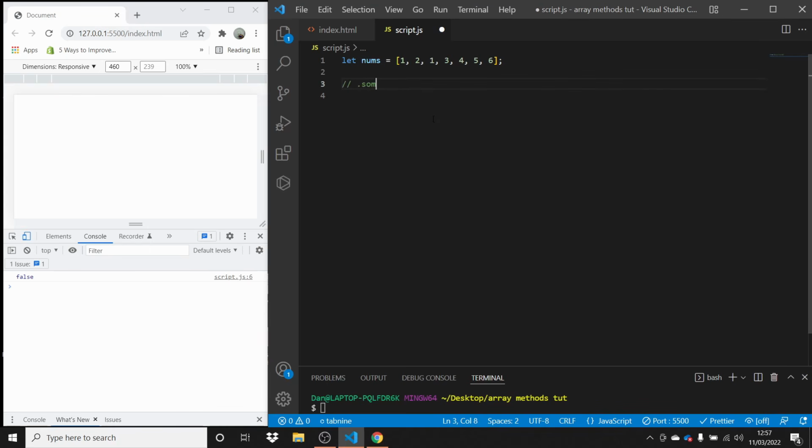So that is .some, not sum. And the way this works is we check if some array values pass a certain test. So for example, if we wanted to check if some of these values are greater than 4, and if they are, we want to return true. So let's say is